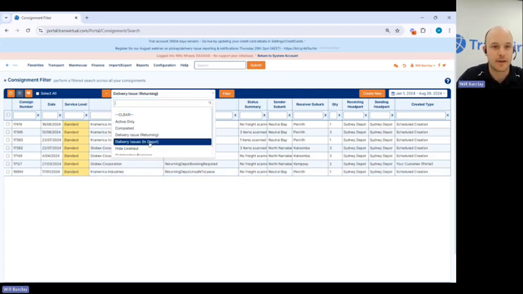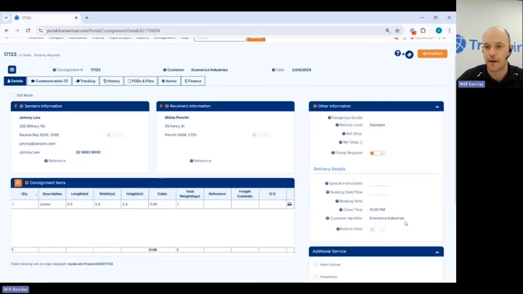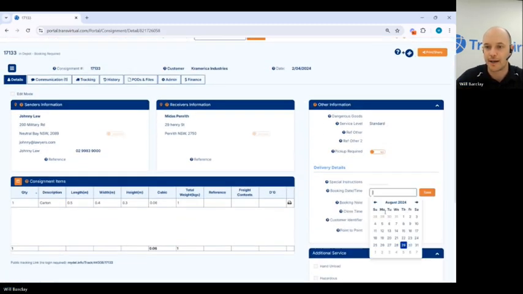And I can do the exact same thing for things that are sitting in my depot as well. So things that are waiting for a booking, for example. So my driver's gone to site, they flagged that they can't turn up without a booking. They've gone back. When it sits in my depot, my team know that we need to go and make a booking. When I have called the person or the site and said, look, we've got that booking confirmed, I can add that,